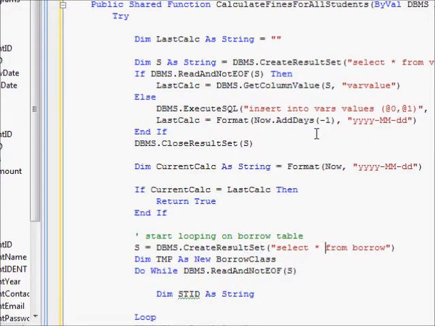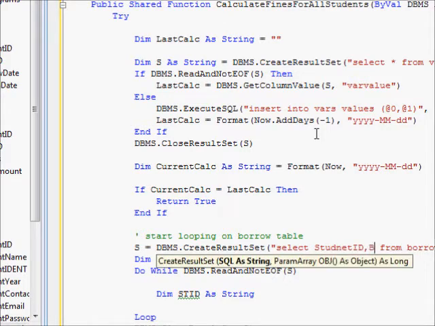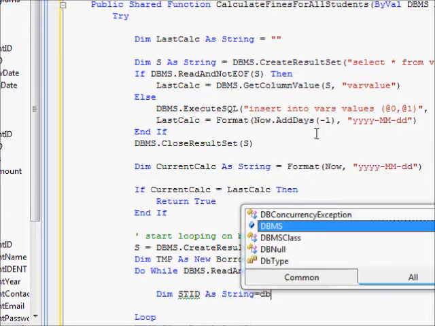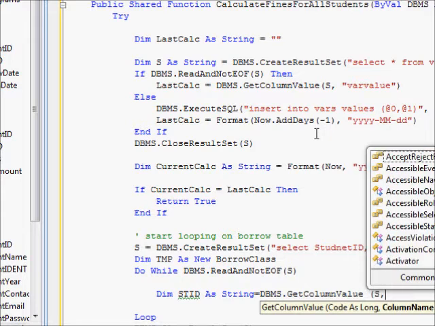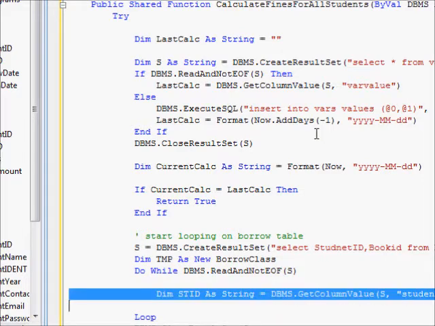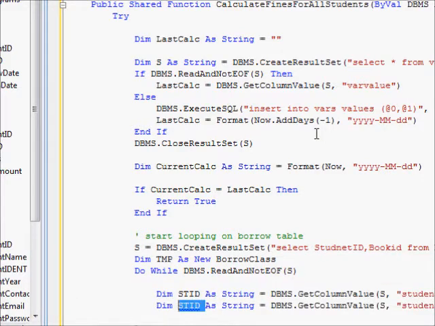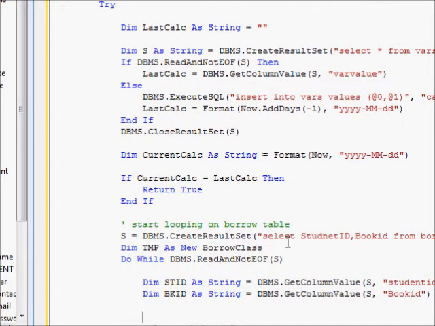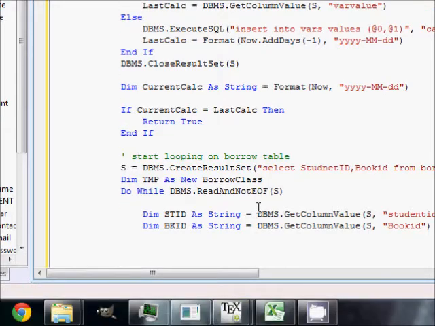Let me just put this one, student id, book id, dbms get column value as, followed by student id, and bkid and book id. Okay, so we got these two IDs, and from these two we will get the